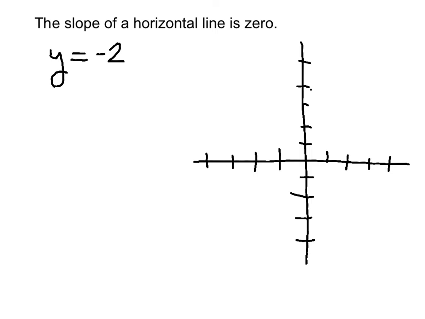The slope of a horizontal line is always 0. Let's graph this line, y equals negative 2. Down 1, 2, put a dot, draw a line. I'm going to pick 2 points on that line. Negative 3, negative 2,